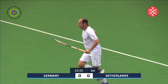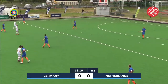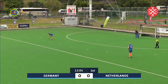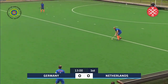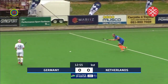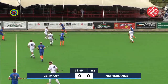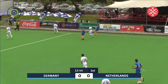But that is the pace of international World Cup Masters hockey. One moment it looked like the Netherlands had everything under control. And suddenly Weitzer Engelsman was called into action. He made the save, and then the rebound just going astray. So Germany have the first chance of the superpower clash here at the World Masters Hockey Cup. The scores are still deadlocked at 0-0 as the overhead